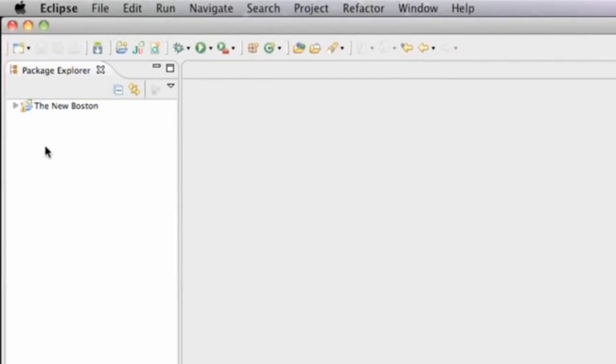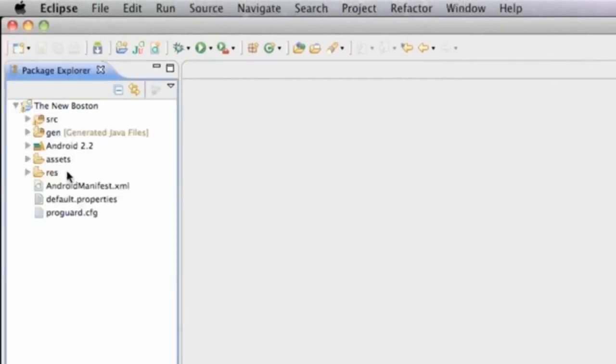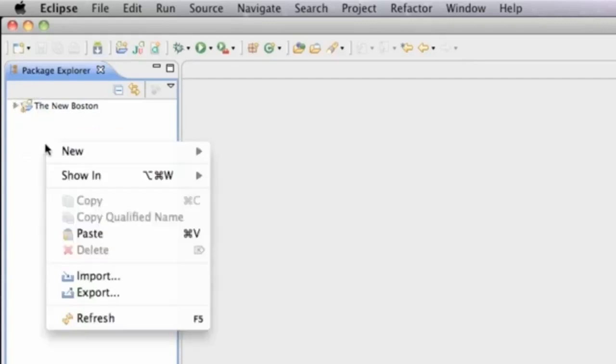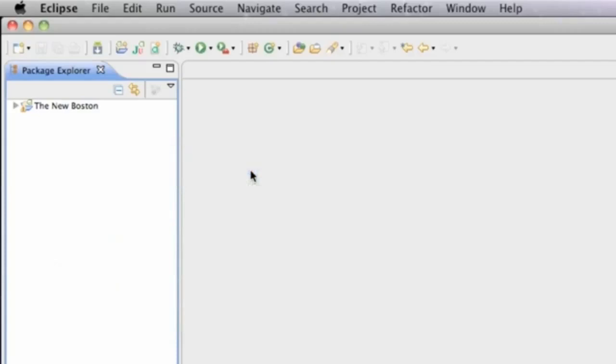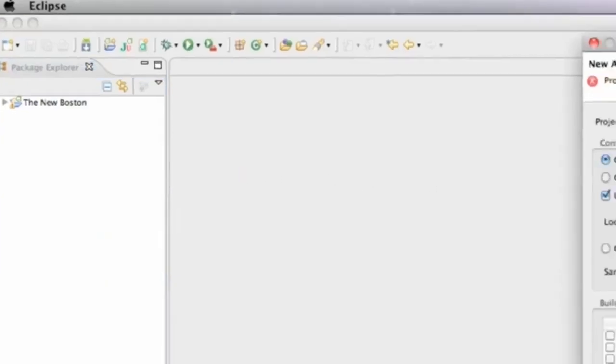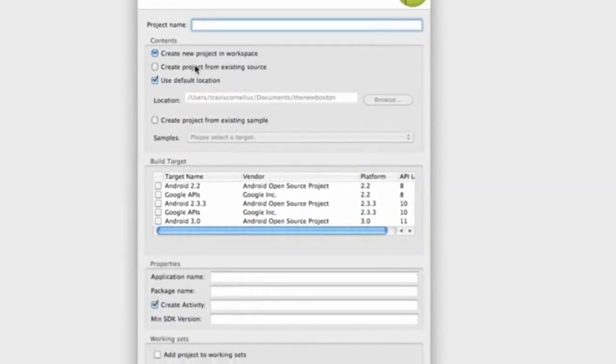So let's go into Eclipse here, and just start a Google Maps project. We can't just add the API or the jar into our project, which I tried doing. I made a tutorial doing it that way, but it didn't actually end up working. So we're going to create a new project just for Google Maps. Right click in that free space, go to Android project, and then type in whatever you guys want, maps,